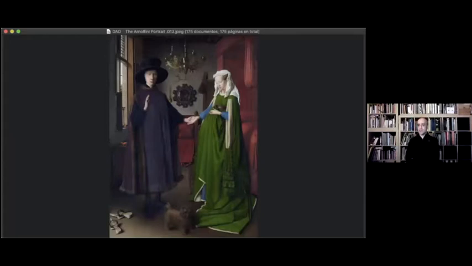What are they doing? Is it a wedding? Is it a betrothal? Is it just a portrait of a man and his wife standing in a room showing how wealthy they are? Well,